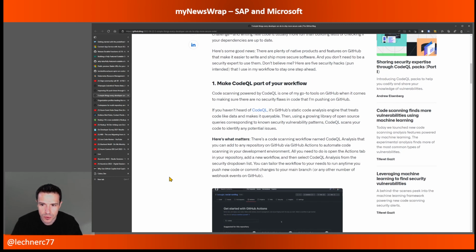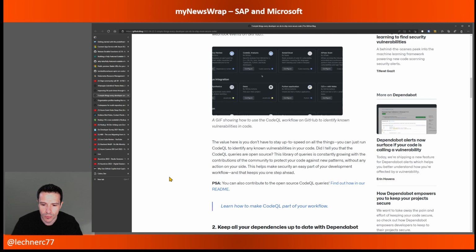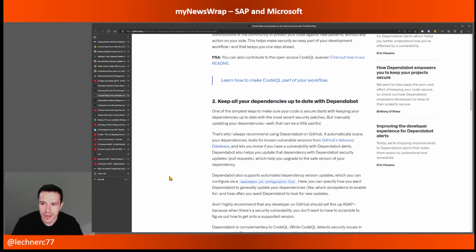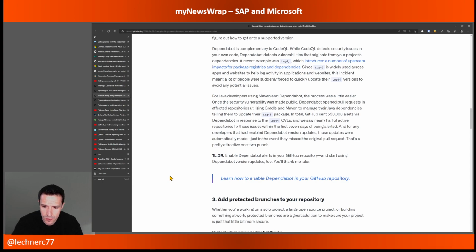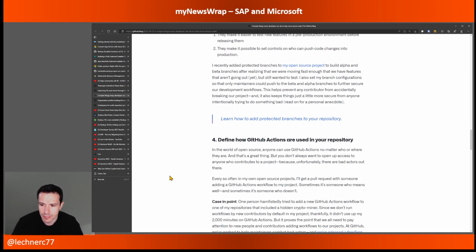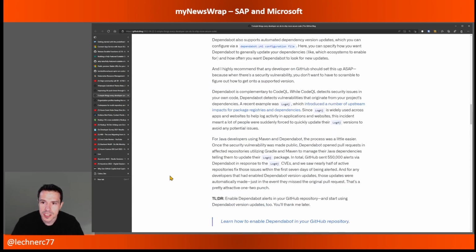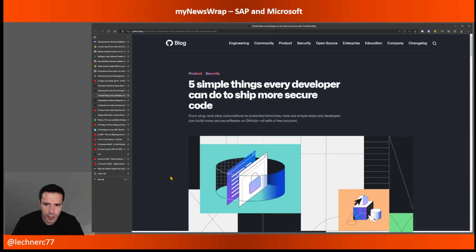It's of course CodeQL, making CodeQL part of your workflow. Then Dependabot, which most of us, I think, use, then protected branches, GitHub Actions, and so on. So I think that's really valuable, quite a short, crisp description of those 5 things to consider that I think everybody